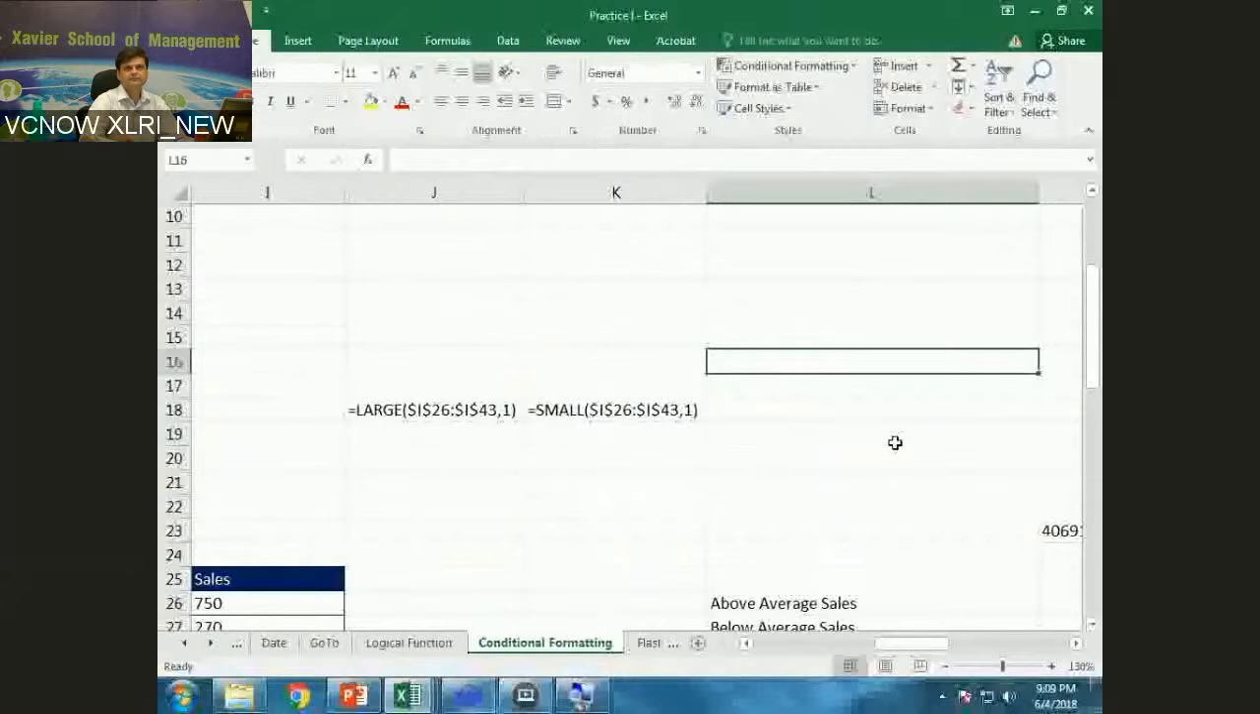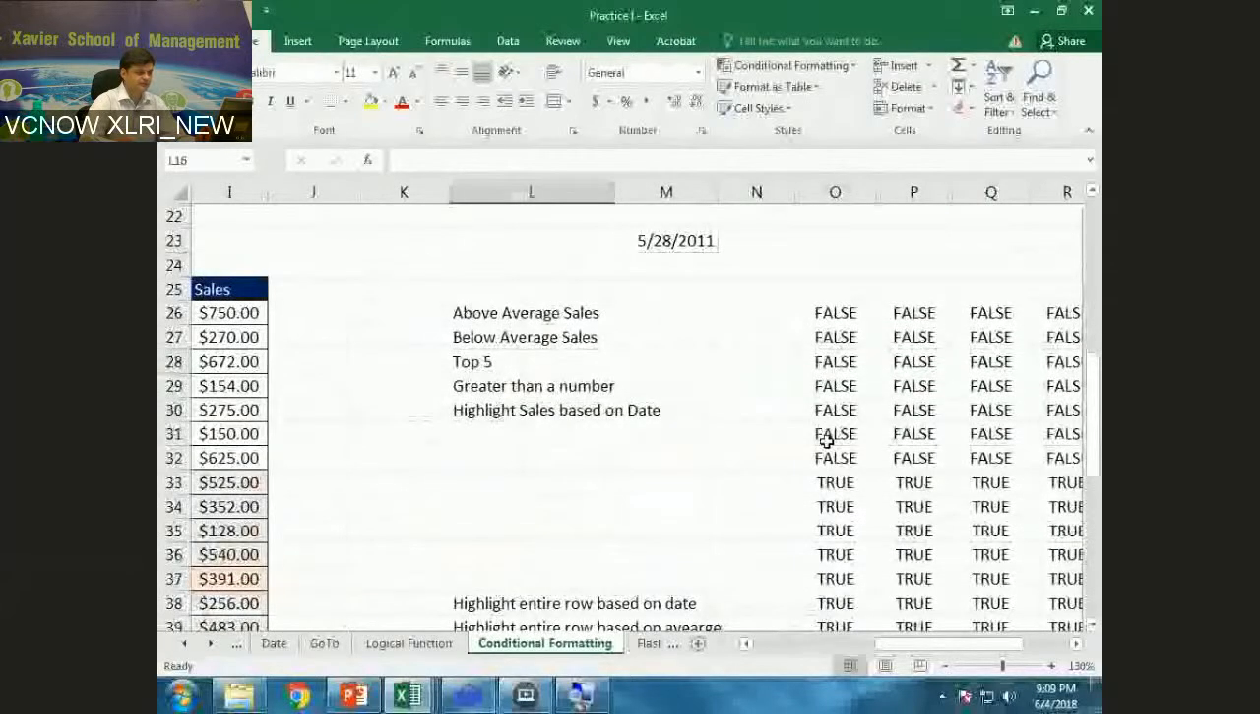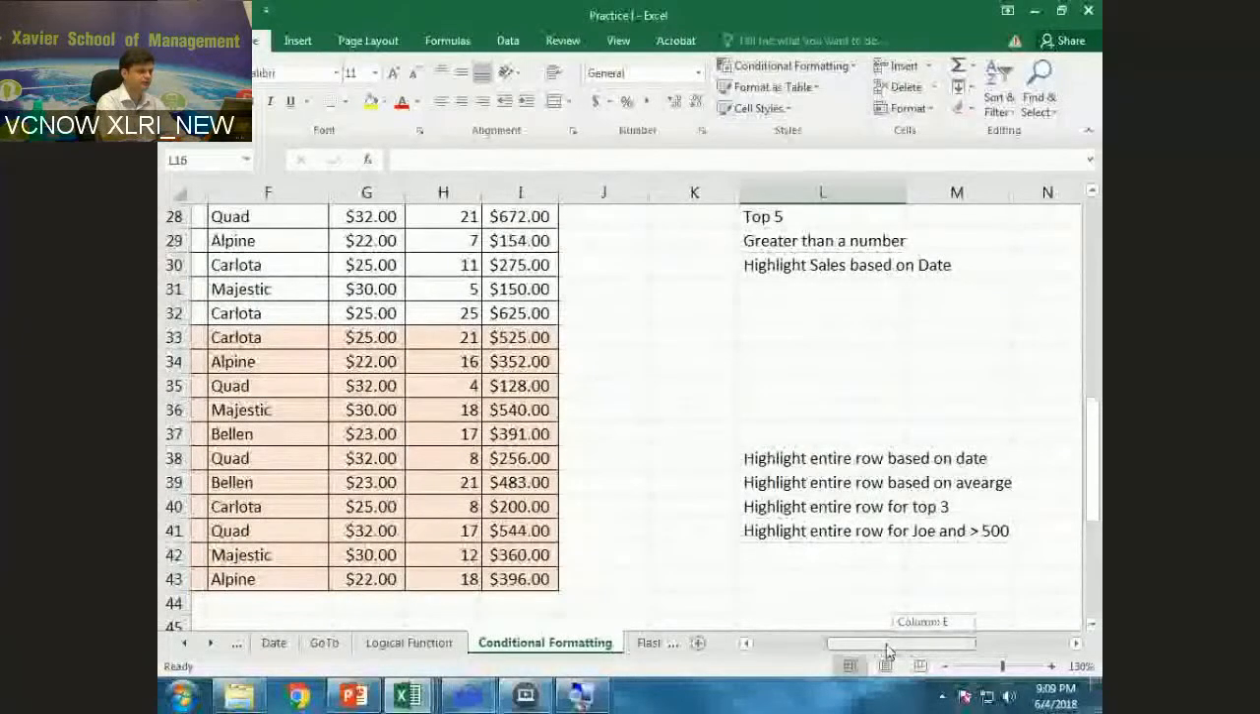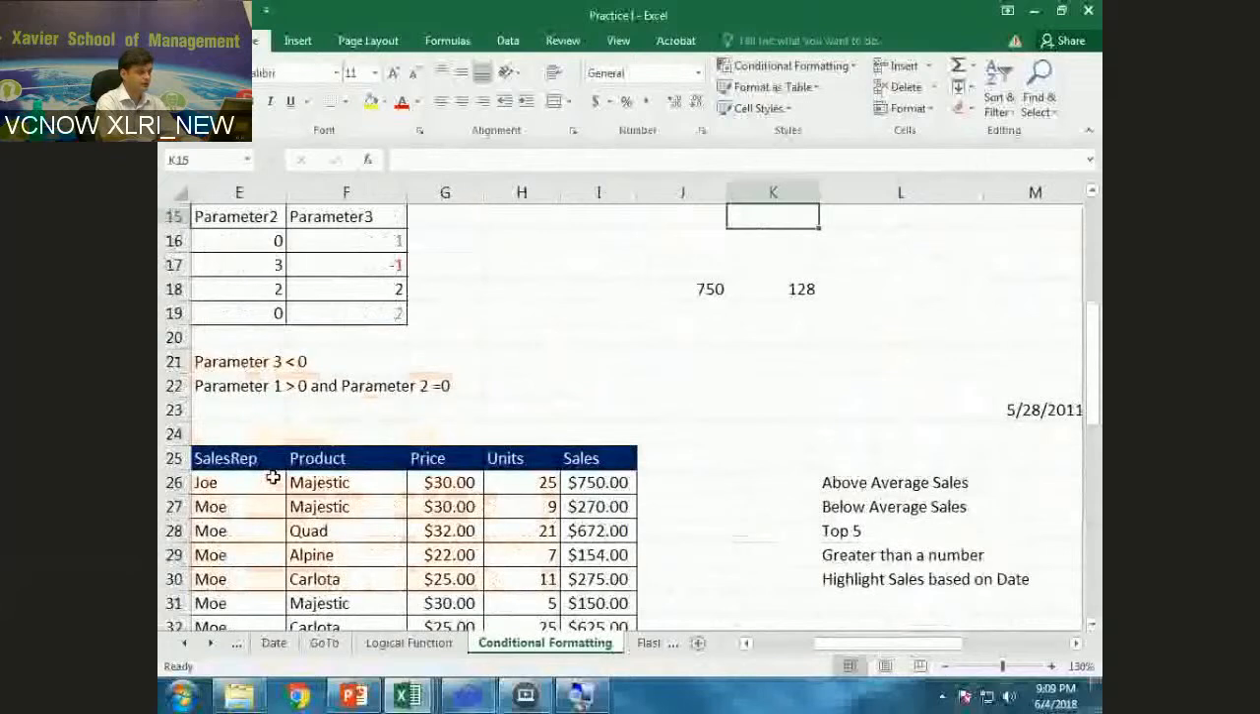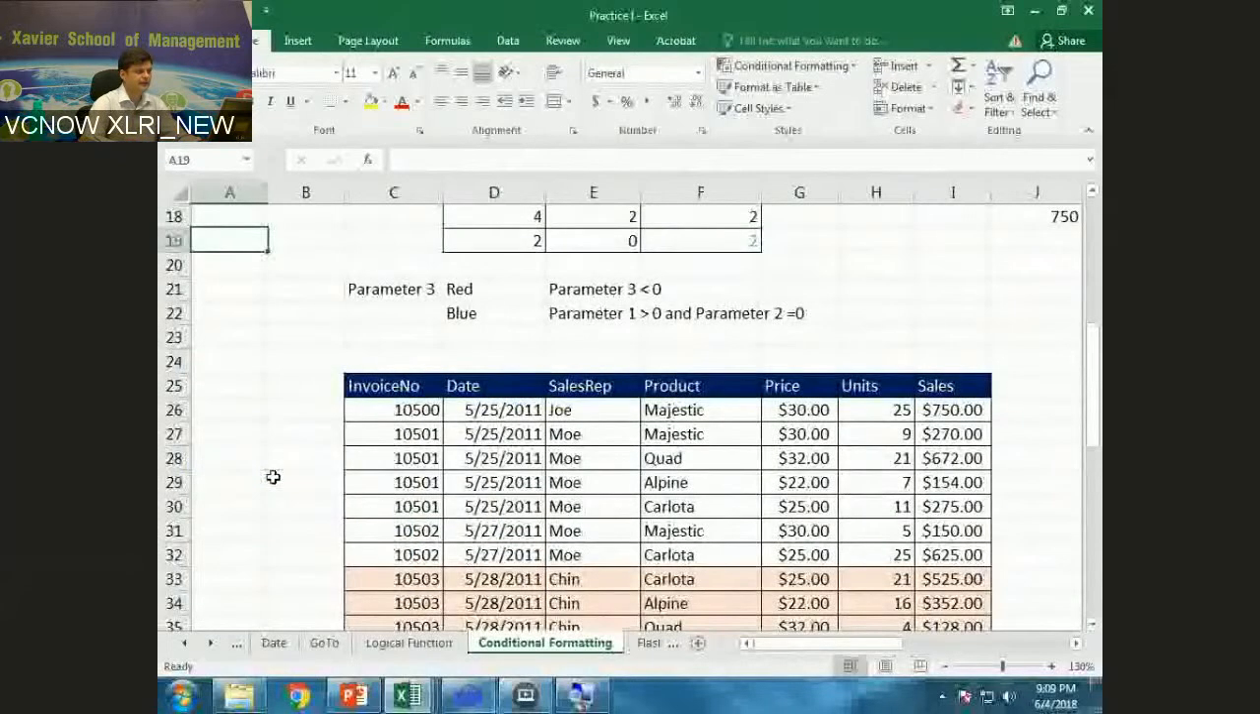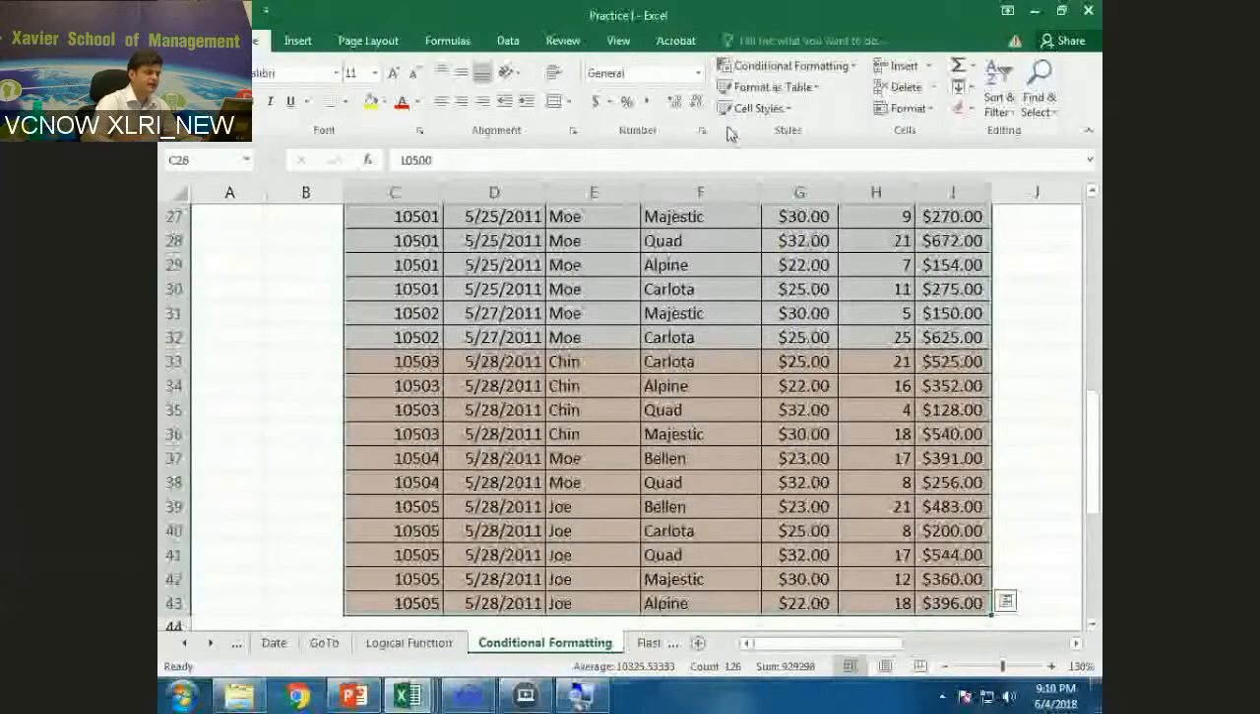Fine, good. Now I'm going to use that function to solve this problem. Highlight entire row for top 3. So again, I'm going to go here. Oops, sorry. Conditional formatting, new rule, formula, here, equals I26,